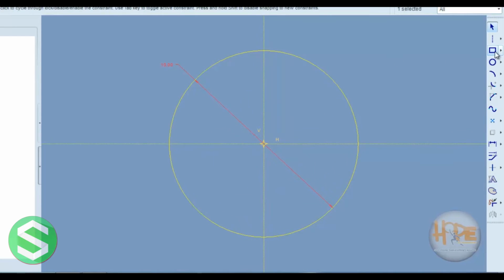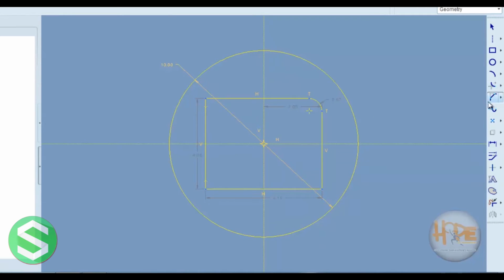Now you can enter the required dimension. Okay, now draw the one rectangle. Okay, now you can also modify this dimension as per your requirement. Now we can apply the fillet at the one corner. Okay, please select the two lines and apply the fillet. You can also modify the fillet dimension.